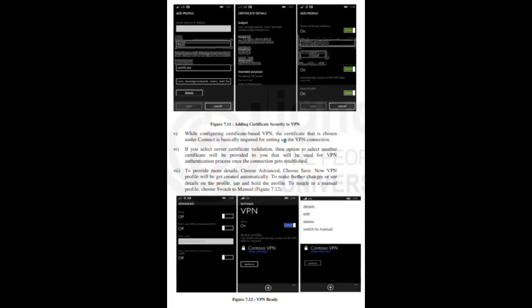The following is the process to share Internet connection in Windows Phone. In order to use your Windows Phone as a mobile Wi-Fi hotspot and share your Internet connection, you'll require an active Internet data plan in your phone. Figure 7.5 shows the screen on tapping settings. Look at the screen. Then, tap Internet sharing, figure 7.6. Move the slider from off to on. This will automatically turn on your device's